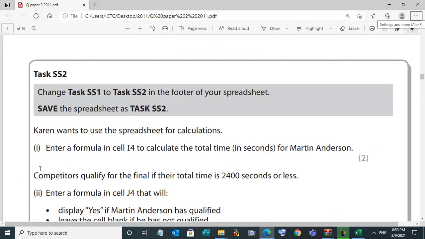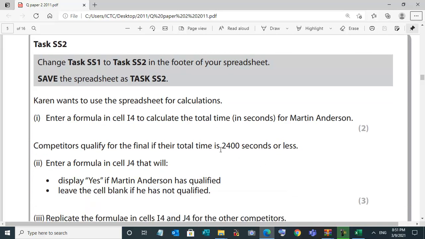So next is entering a formula for Morton. A competitor qualifies for the final if their total time is 24 seconds or less. Enter a formula in cell J4 that will display yes if Morton Anderson has qualified. Leave the cell blank if he has not qualified. See, we will use an IF statement here.